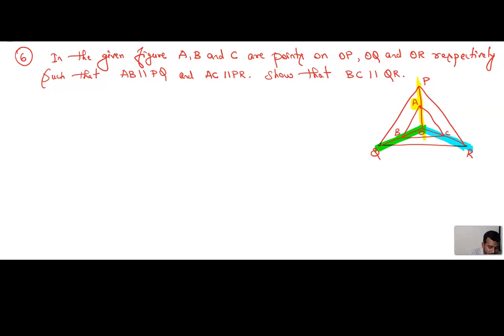Catch it quickly. What is the first case? To find the answer together, what is given? AB parallel to PQ. Where is AB? It's here. This is A and this is B. AB is parallel to PQ. Where is PQ? It's here. This is P and this is Q. Got it? Now we have to join like this. Where are these both meeting? At O. Now this side is parallel to this side. We got the first figure.